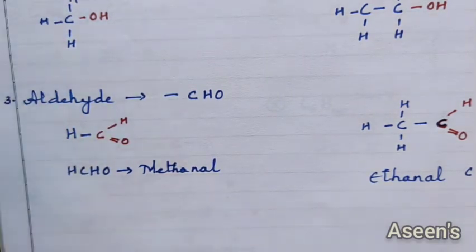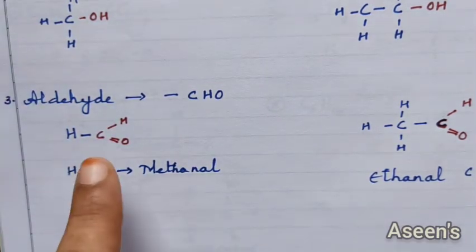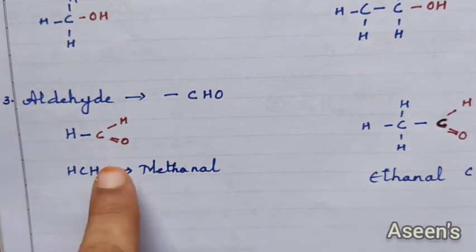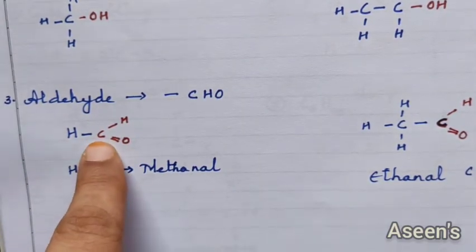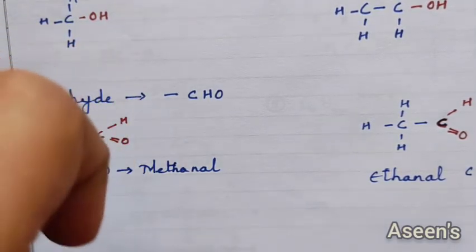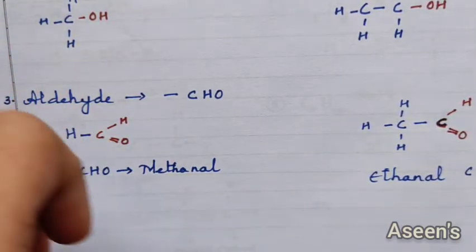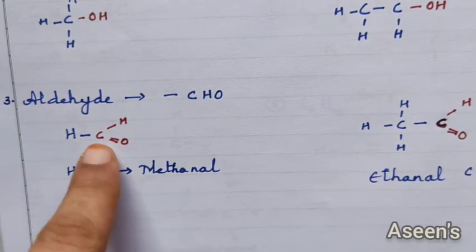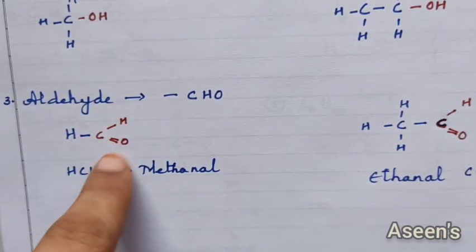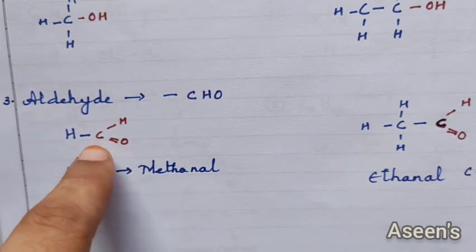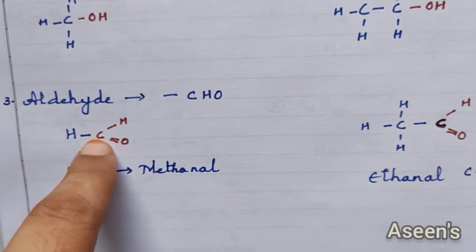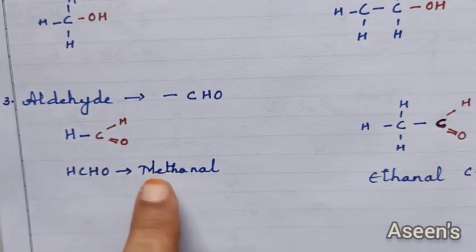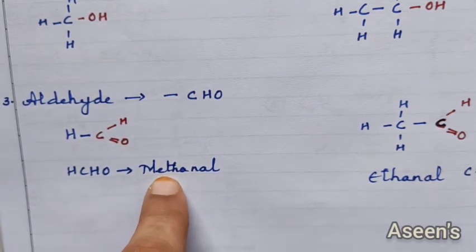So while naming this, again the same method is employed. You are supposed to count the carbon atoms. And here, if your functional group is having a carbon atom, you are supposed to take that into account as well. You are supposed to count that. So here we don't have any independent carbon, but we have got a carbon in our functional group. So we are going to count that. So it's supposed to be 1. Since this is 1, our prefix will be meth.